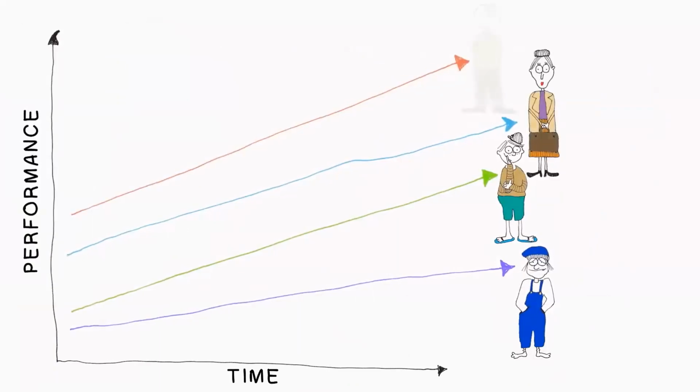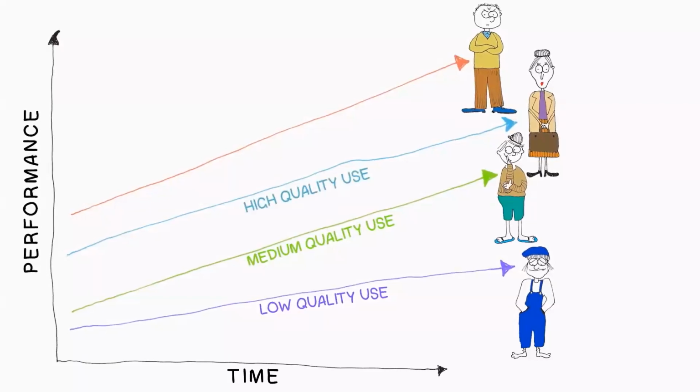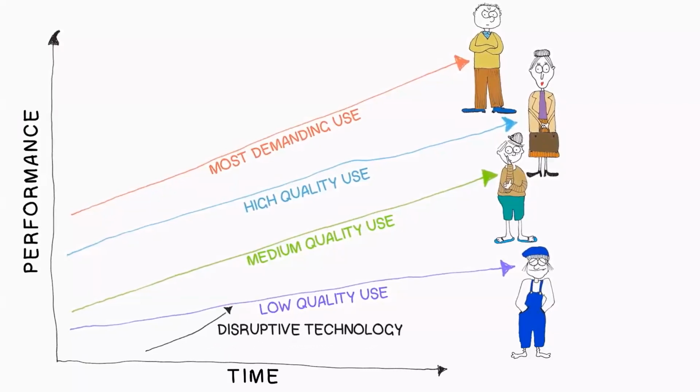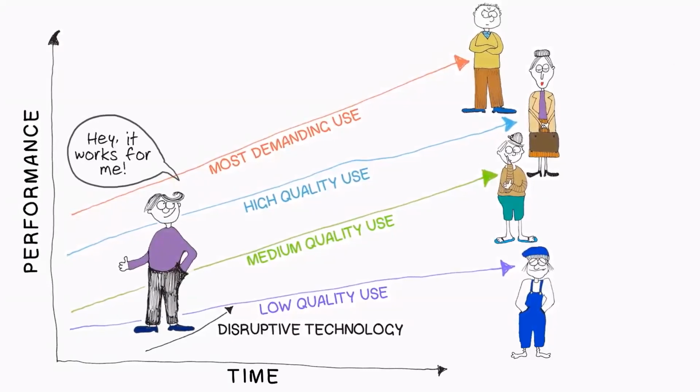Some customers can be satisfied with very basic levels of performance. Some others are very demanding and will only feel satisfied by very high levels of performance from a technology. Disruptive technologies enter the market offering very low performance, but their performance steadily improves. So, in the early days of a disruptive technology, the new innovation is considered to be not good enough by most of the market, but it seems perfectly acceptable to those customers that never really ask for more. This small group of customers might be attracted by the fact that this barely good enough technology is less expensive or offers them a bit of new functionality that the old technology simply didn't provide.